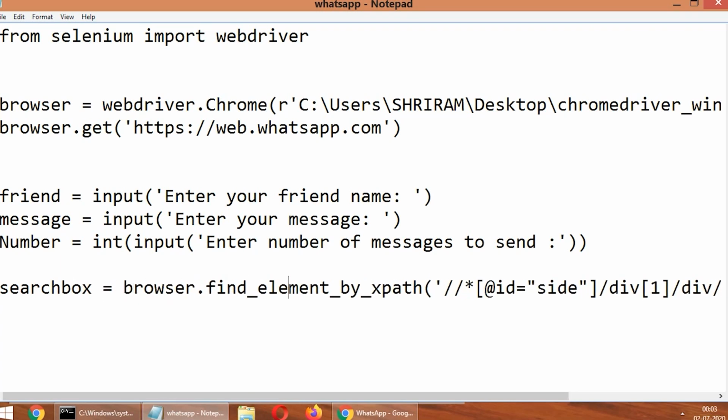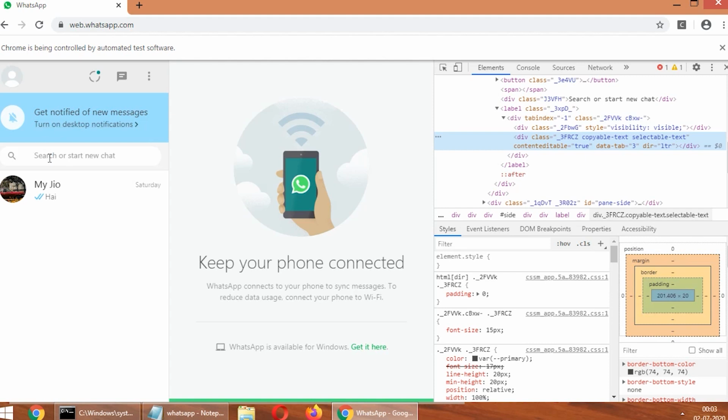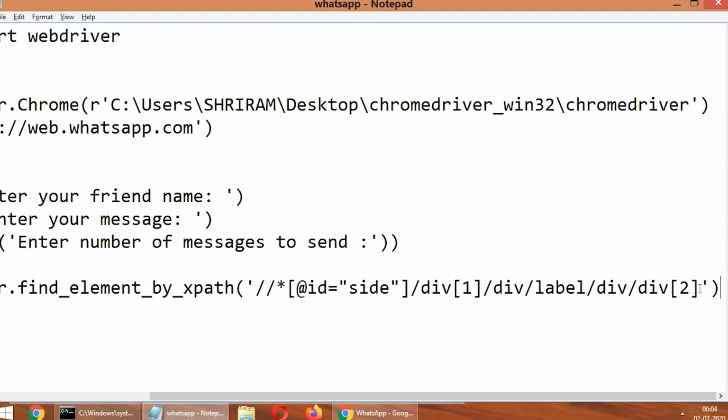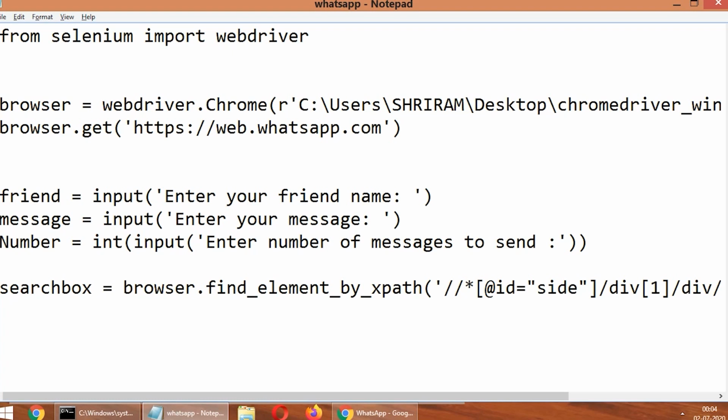Fine. Now our search box is being found, but we want to send a certain message, right? Here, if I want to send my friend's name, for example Captain, if I type, my friend's name should come. So to do that, there is a function called send keys. The send keys function will send the message we need. So in our case, call the reference search box dot send keys. This function will send the friend name to the browser.